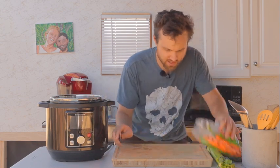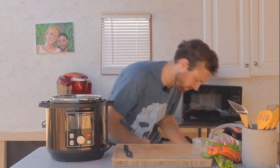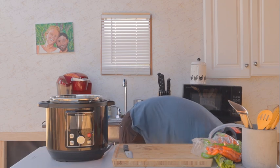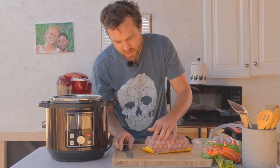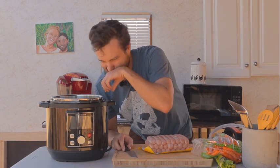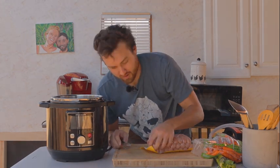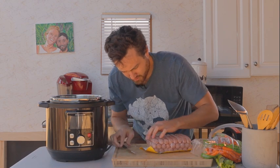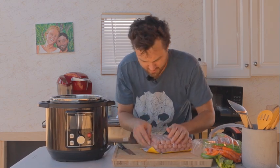So that's gonna go there. Okay, then we need our proteins. So our protein is going to be hot dogs. Now the way my mom used to make this is where the crime part of war crime stew comes from, is that we were really poor growing up, and so not only did we eat a lot of hot dogs,